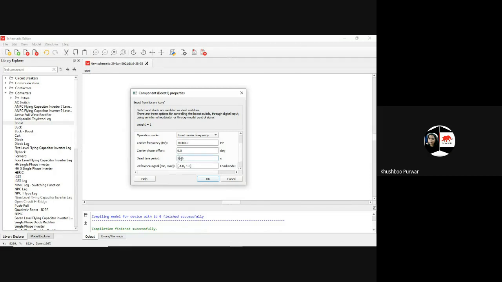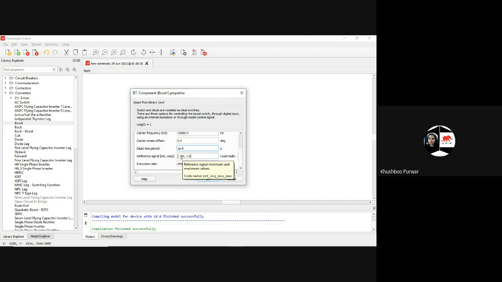Dead time period I'm going to keep as 1. And here your reference signal is -1 to 1, so I'm keeping it from 0 to 1. Is it clear to everyone? And execution rate will be inherent.